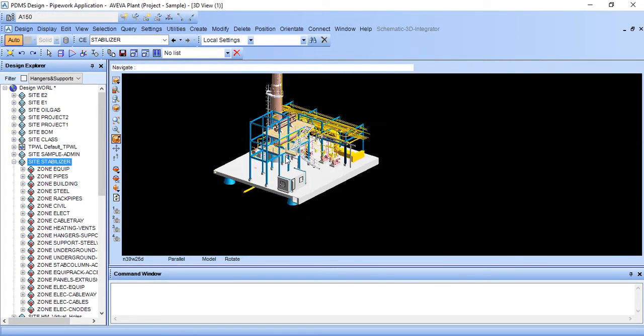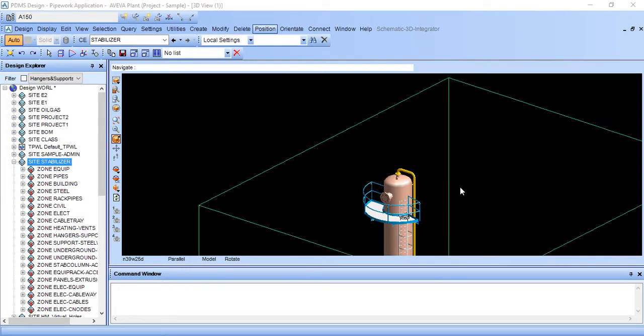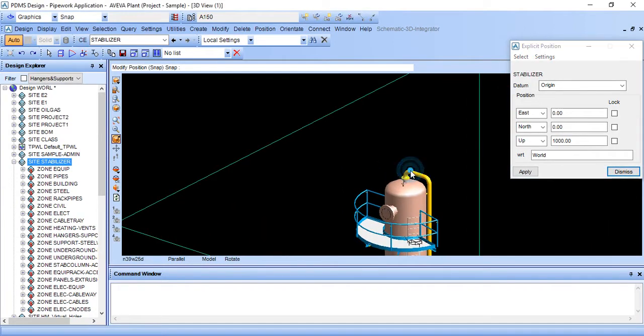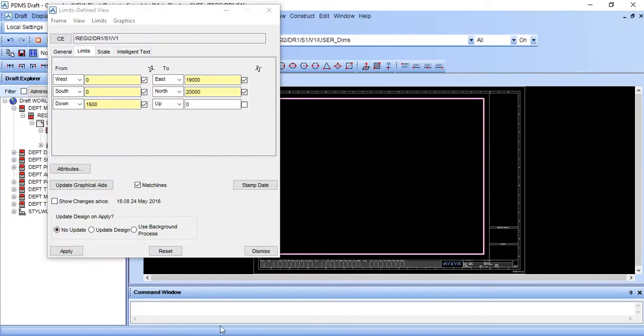So come to the topmost position, explicitly. 24,291, so we can take it as 25,000.